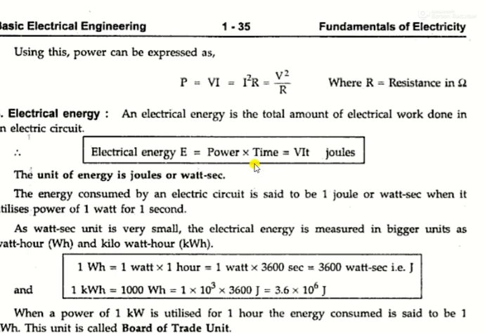Now the third and most important electrical parameter is electrical energy. Electrical energy is the total amount of electrical work done in an electric circuit. Meaning, as we can say, what power is flowing in the circuit, so power is nothing but how much quantity of voltage and current is required to flow. So the product of voltage and current ultimately gives us the power.